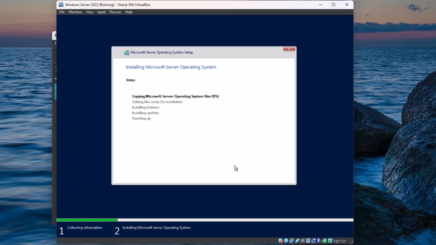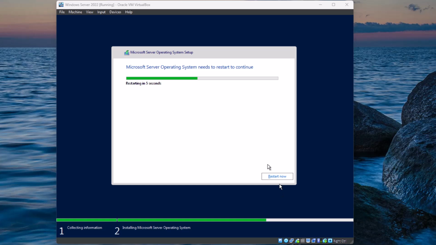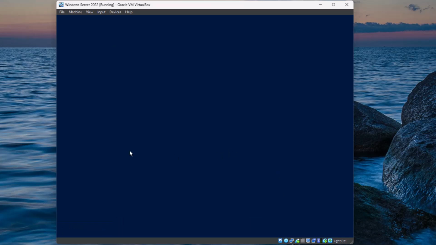And now we're in wait mode, so I'm going to put you on hold until the installation is done. Okay, just checking back in with you, and you can see here that it's done copying all the files, it's installing updates, it's almost done installing, and I'm going to put you on hold temporarily just a little bit more while it gets going, and it's been probably about 10 or 15 minutes. Now it says it needs to restart, and so you click restart now